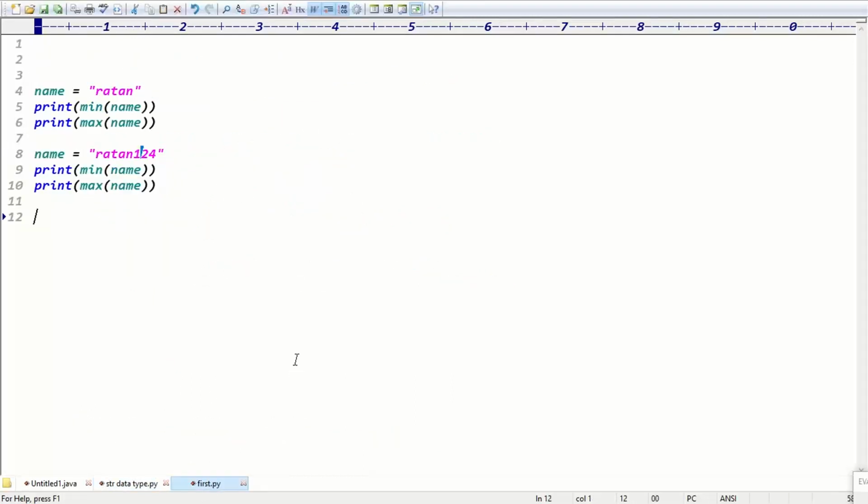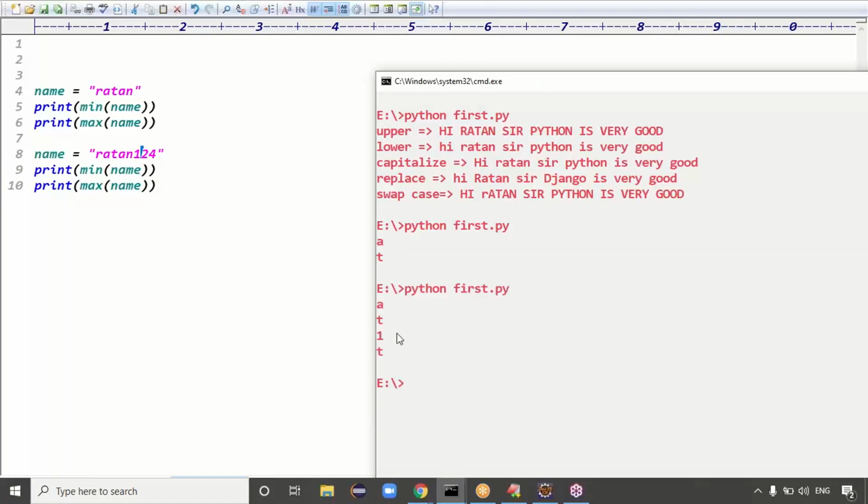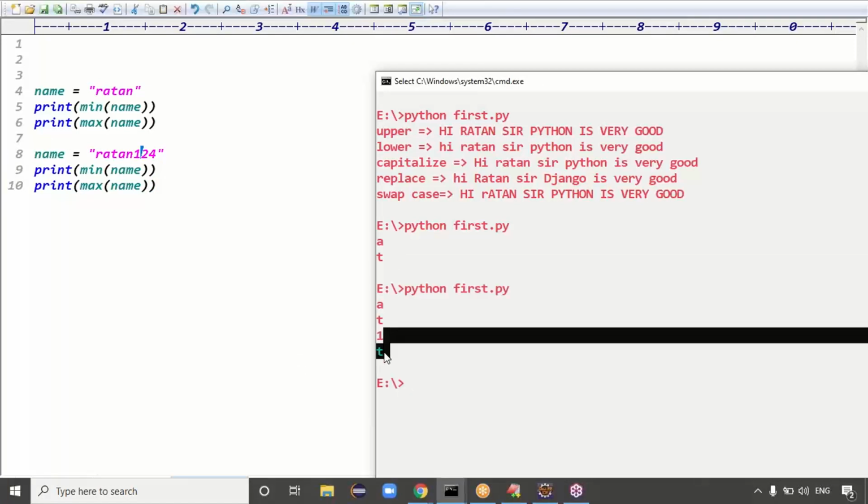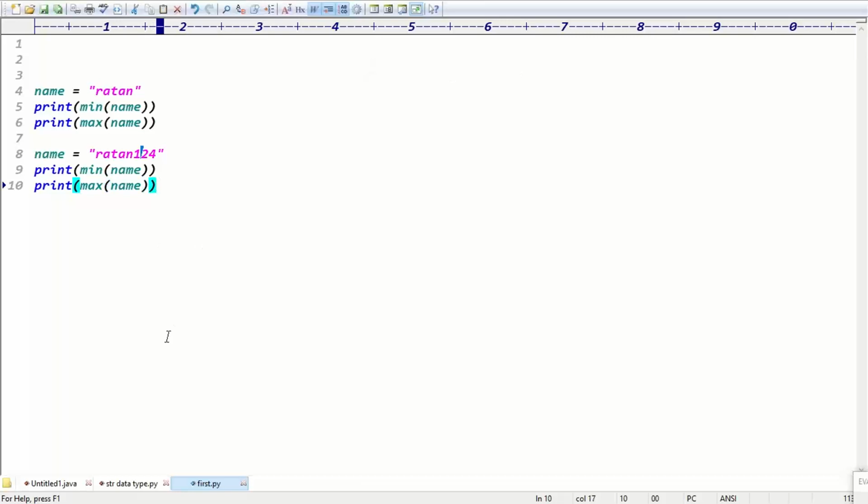Yes, minimum is one and maximum is T. That is the information, guys.